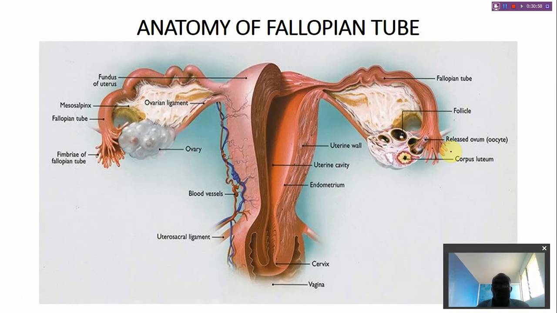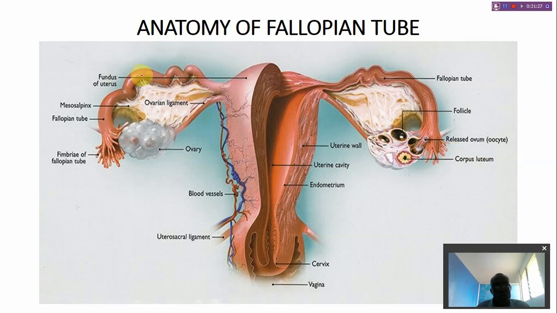So we are done with the ovaries and the uterus. Let's look at the anatomy of the fallopian tube. The fallopian tube is a vessel where pregnancy normally occurs. About 99% of ectopic pregnancies occur in the fallopian tube, specifically at the